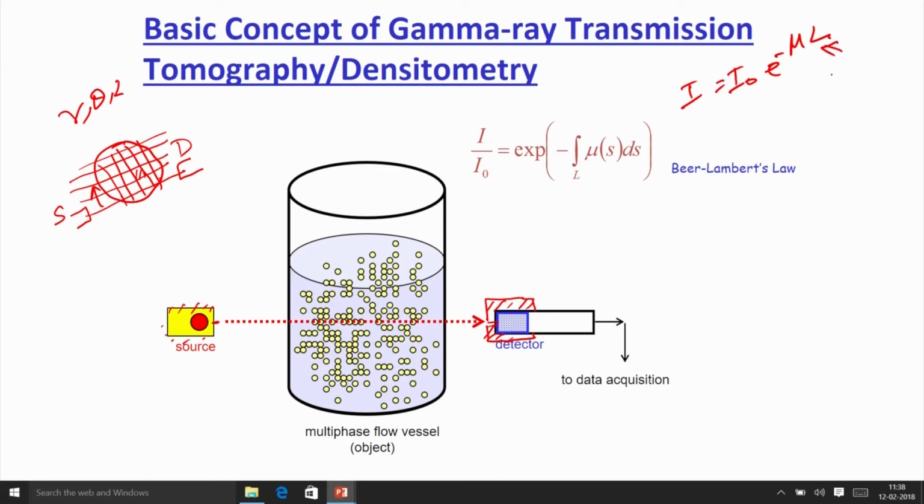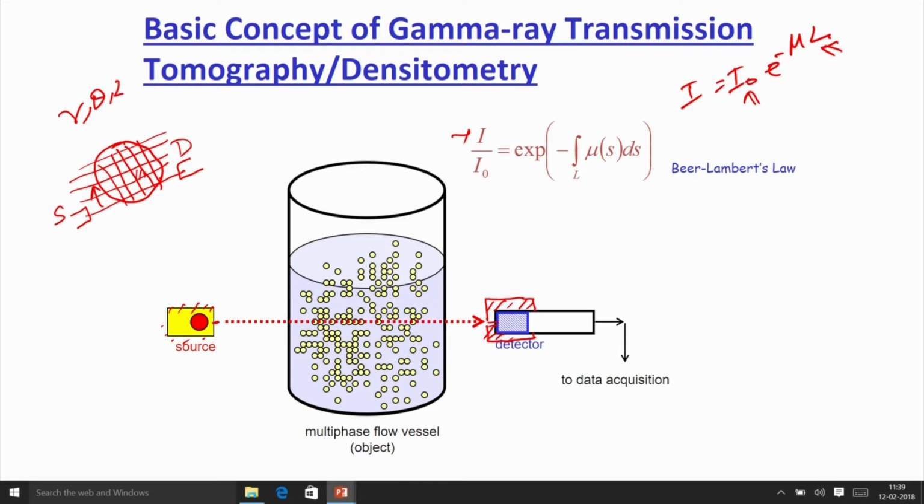But in this case, as the source and detector are placed in atmosphere, which is generally air, and air has a negligible attenuation coefficient, we assume that whatever attenuation is taking place is within the system itself. So, we scan the empty column first to get the I naught value, which also corresponds to the attenuation because of the wall. Then we scan the system under the in situ operating condition, it means under the operating condition, and we get the I value,